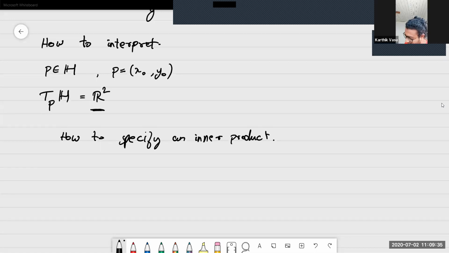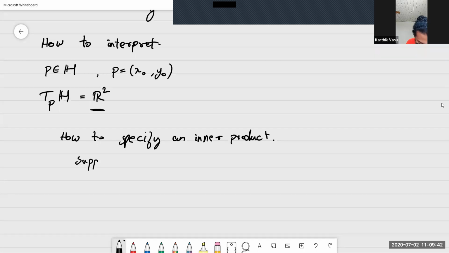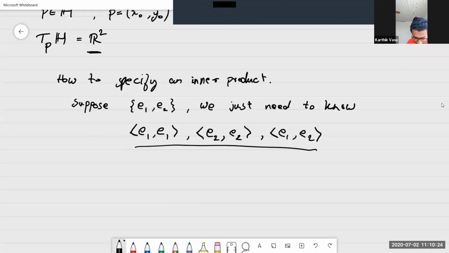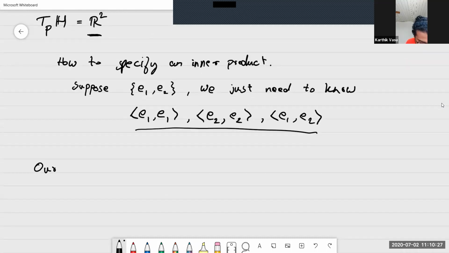Okay, so how do you specify an inner product? So R2, it is R2. So suppose E1, E2 is the standard basis. So to completely specify an inner product on R2, we just need to know these three values, right? Our metric was